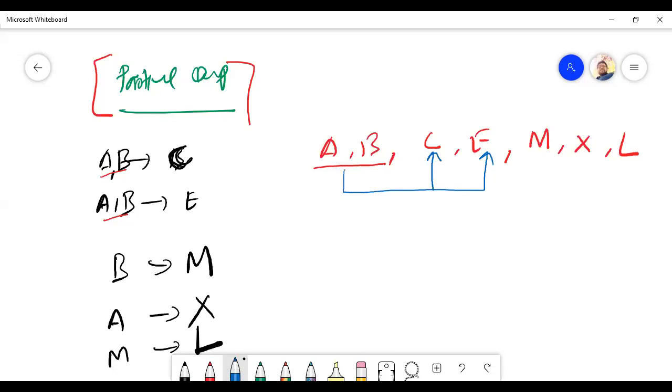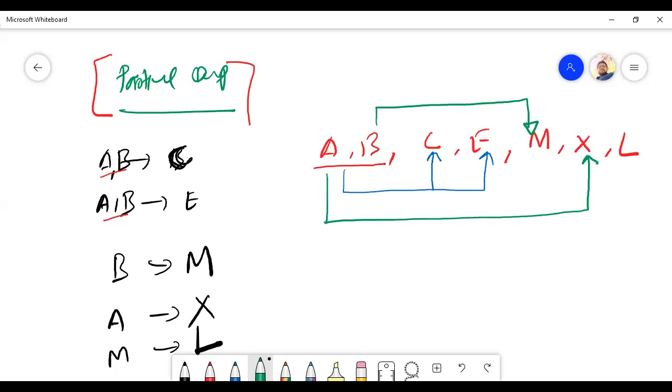So M depends on B. X depends on A. Then again L depends on M. So if you take this one, okay, right. Now we can say, okay, in this case,